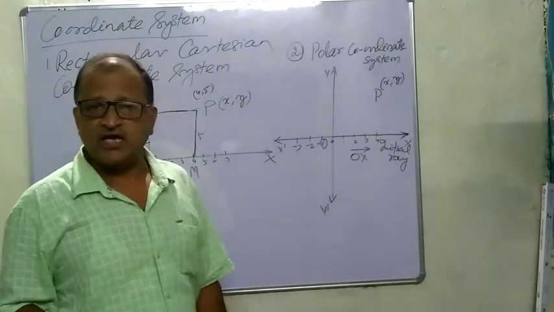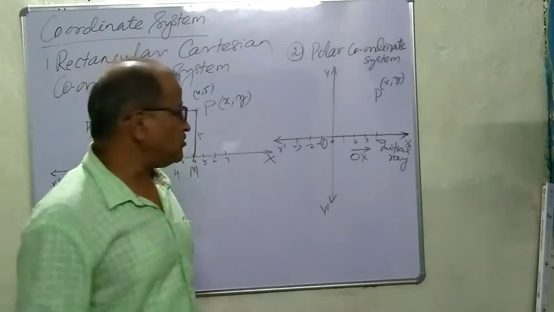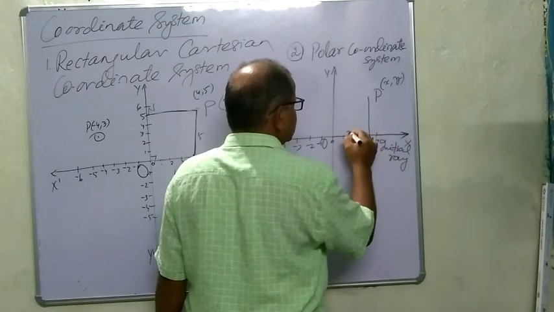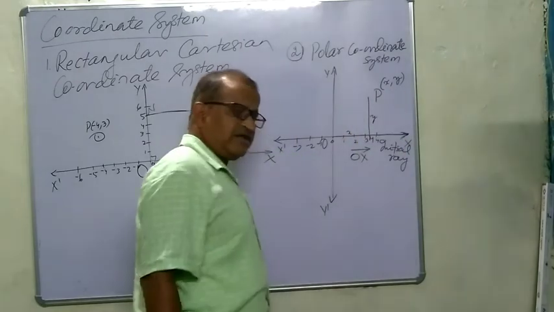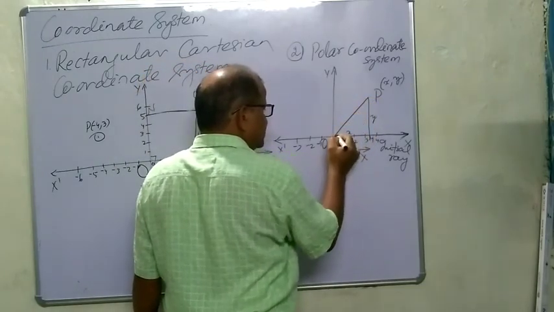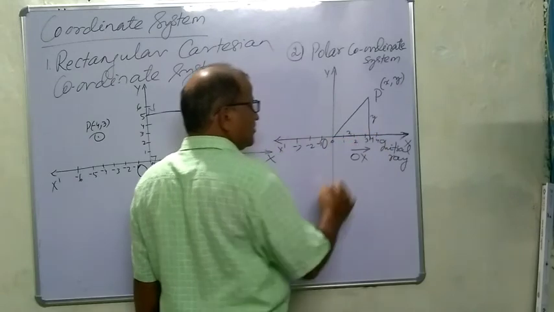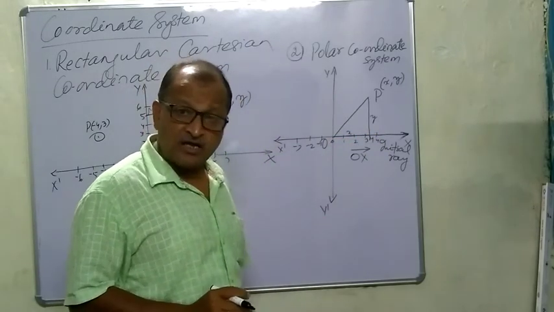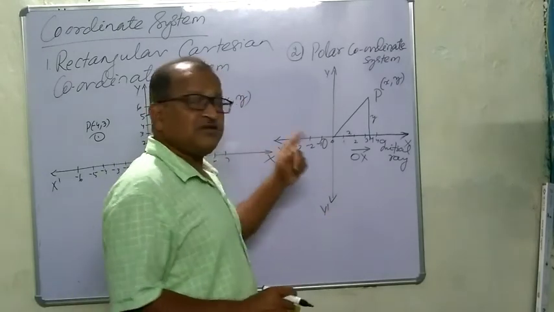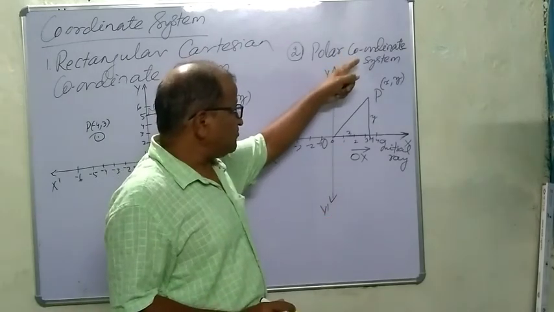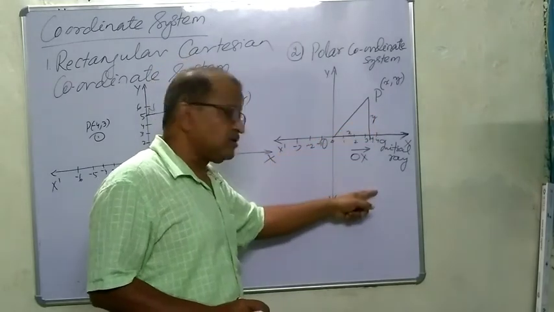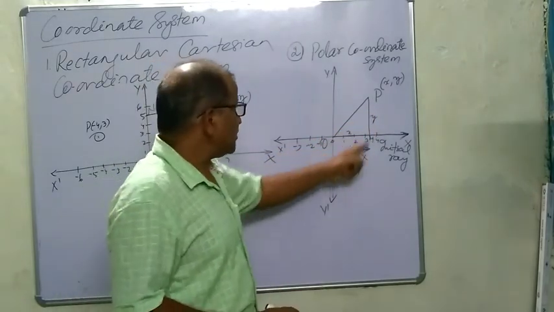Its Cartesian coordinates are x, y. What is x? What is y? We know, suppose you drop a perpendicular here, and suppose this is x, this is y. Now we will move a distance of x units along the x-axis, that means to the right if x is positive, to the left if x is negative, and upward by y distance if y is positive, or downward if y is negative. In this way you can reach there.